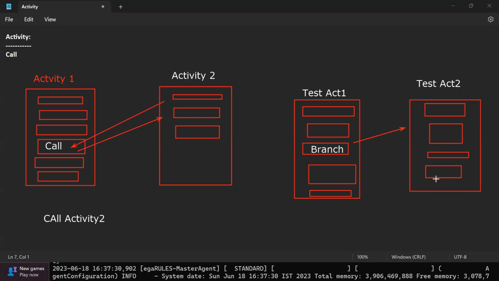Okay, it will complete all the execution. Now, after the execution of test activity 2, the control doesn't come back to test activity 1. That means the control doesn't come back to the parent activity. So this control ends in the child activity itself. So this happens in terms of